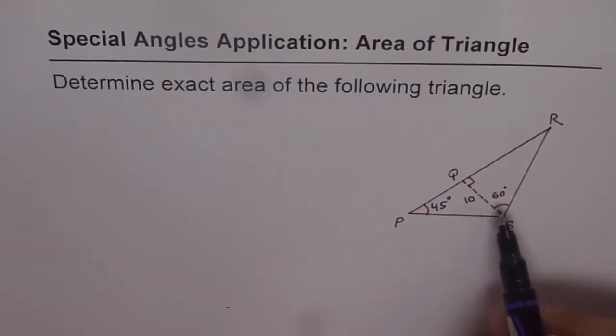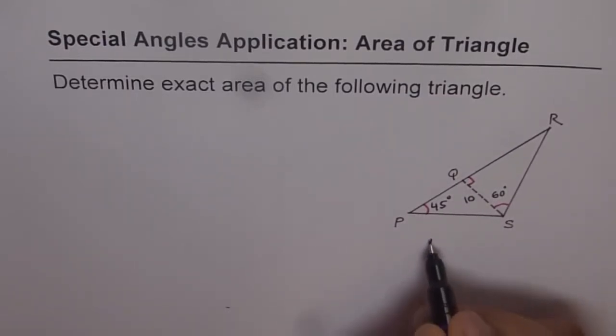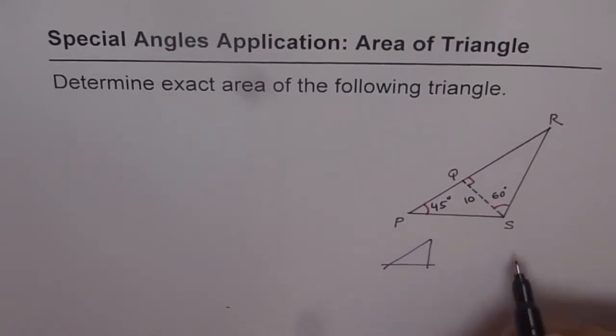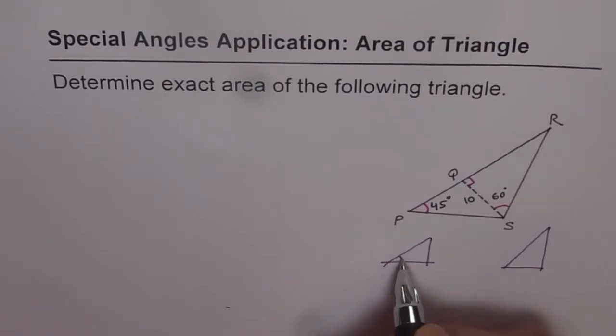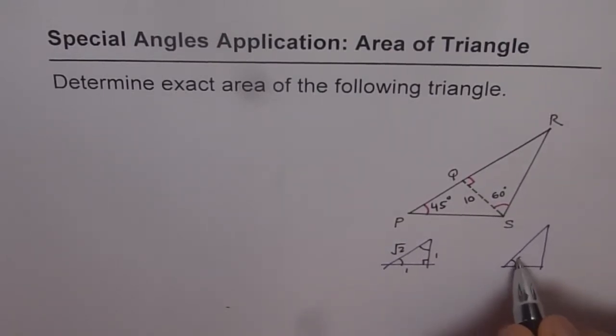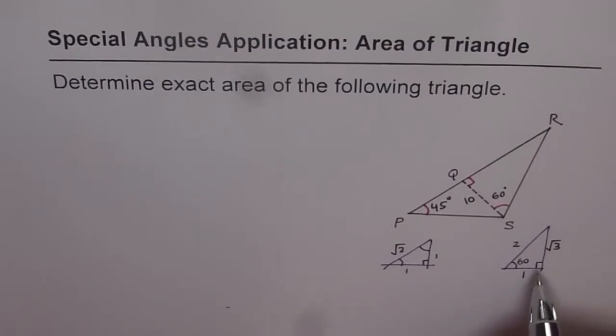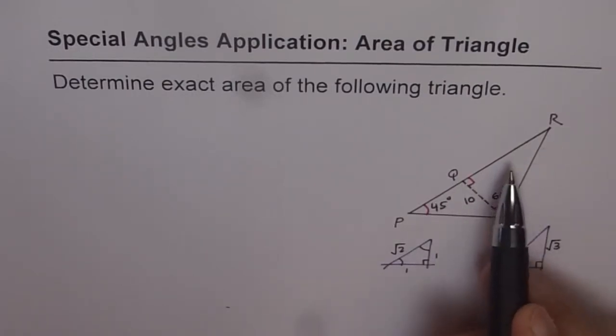So what we can do is we can always use our special triangles to solve this triangle, right? One special triangle is of course the 45 degrees one. The other one is 30, 60, 90. These are the two triangles which we'll use to solve the question. For a 45 degrees triangle, the sides are in the ratio 1, 1 and square root 2. And for a 30, 60 triangle, the ratio of the sides is 1, 2 and square root of 3. This ratio will come in handy when we are trying to find missing sides of this triangle,